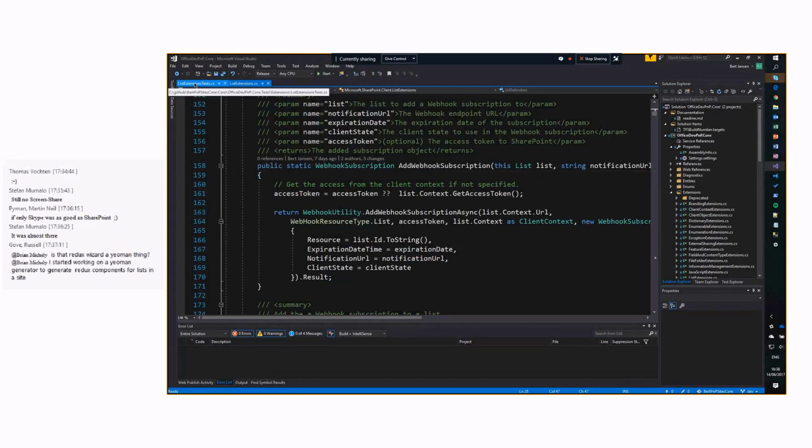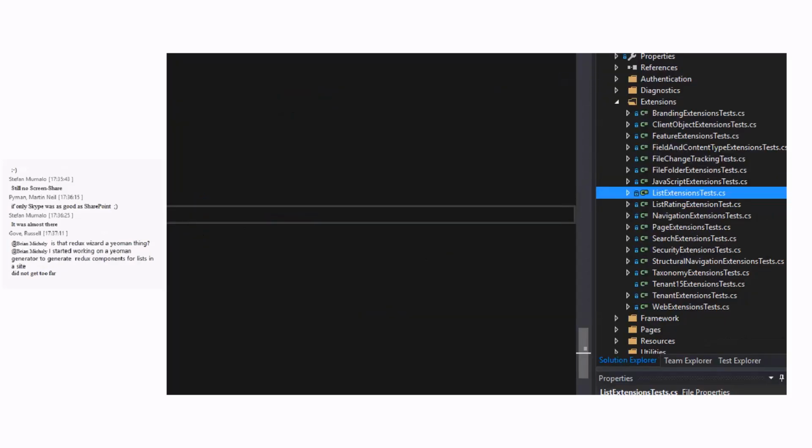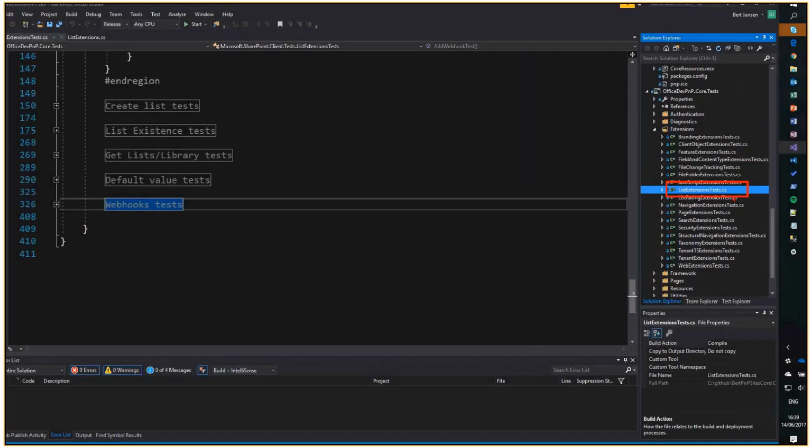Now, it's more interesting to see how they're actually used, and for that there are test cases. So there's a general tip actually. If you want to figure out how a particular API is used, first do a quick search in our test projects, because a lot of the APIs that we created are being tested. Not all, and we try to get to a better coverage, but a lot of APIs are there, including webhooks. So under list extensions, test class, you will also find webhook test cases. So I have this one open over here. If you have a look,